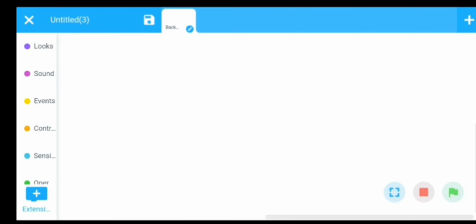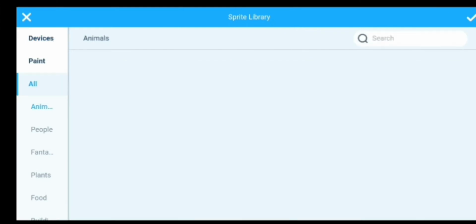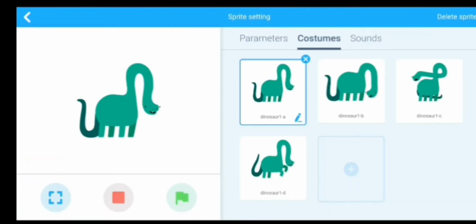Before adding any sprite, remember that we will add those sprites here that have more than one costume. For example, this dinosaur. Look at here, this dinosaur has 4 costumes: 1, 2, 3 and 4. Okay,